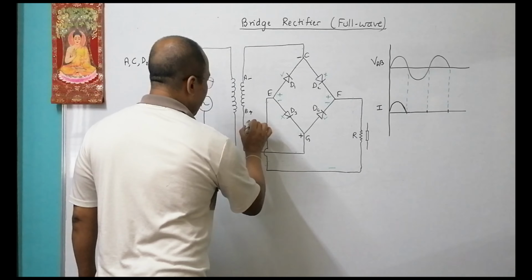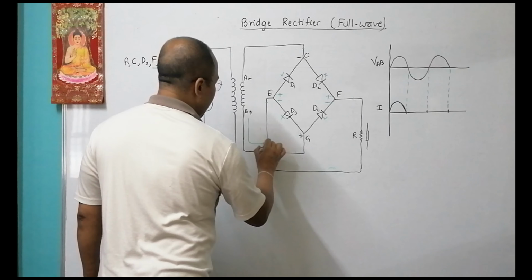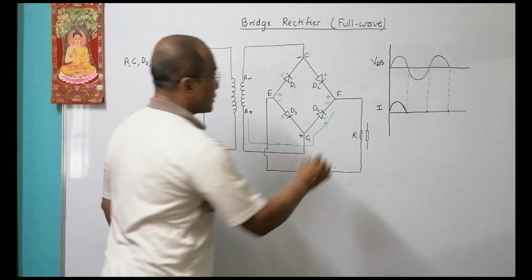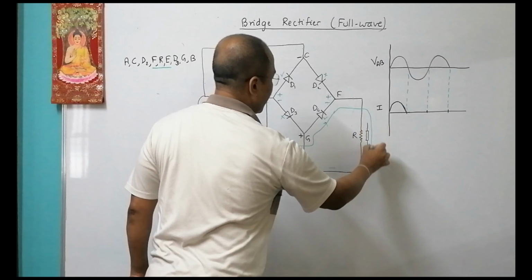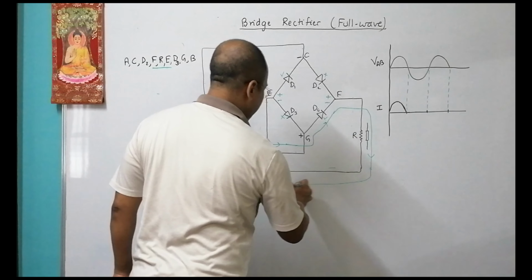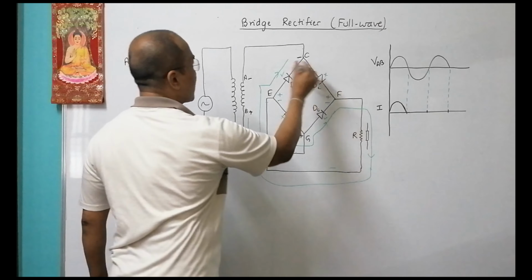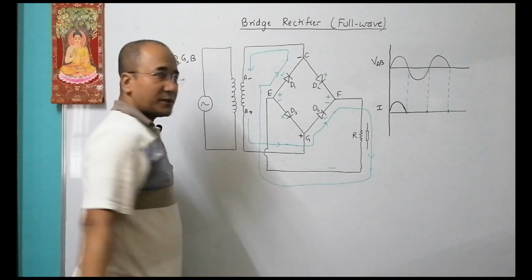Now they come from here, like this. So at G it has got two choices, whether to go through here or here. So they will go through here, and at F they have got two choices, go through here or here. So they will go through here, again like this. They'll come here. After coming here, again two choices, whether to go through here or here. It is blocked, so it goes like this. And here again two choices, this or this. This is blocked, so it has to go through here and complete the circuit.